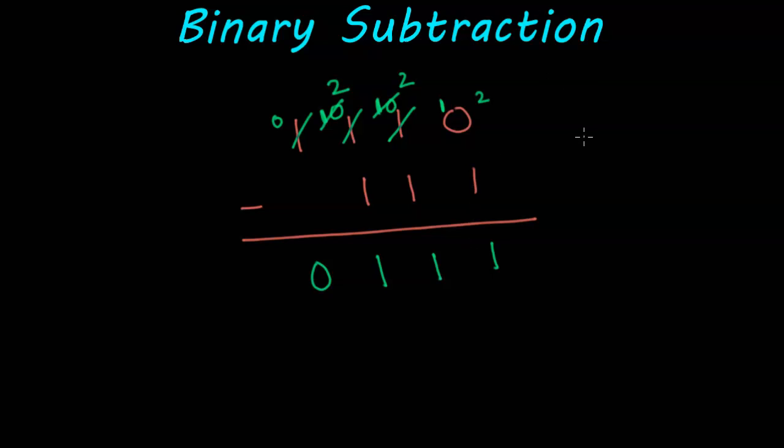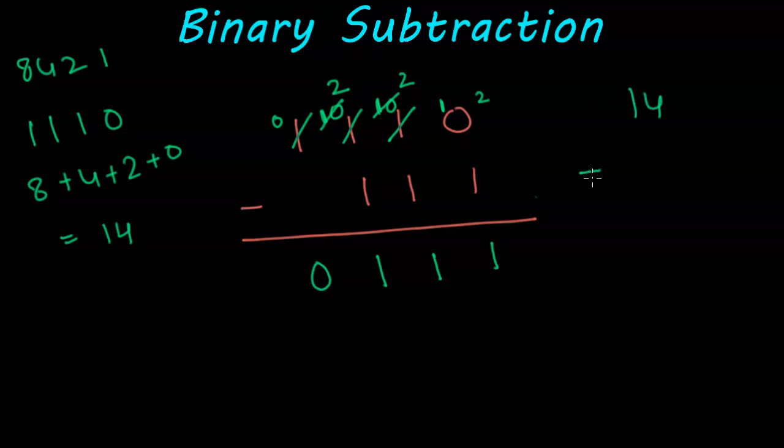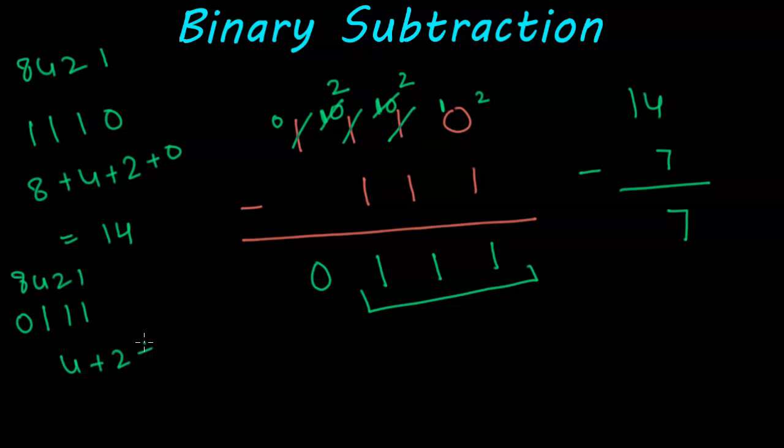So again, if you want to check if your answer is correct, so 1, 1, 1, 0. This is basically on the 8, 4, 2, 1 rule. So we have 8 plus 4 plus 2 plus 0, which is equal to 8 plus 4, 12 plus 2, 14. So we have 14 minus 7, which is equal to 7, and again we get our 7. To check if it's 7, this is again 8, 4, 2, 1 rule. So we have 4 plus 2 plus 1, which is equal to 7, and hence